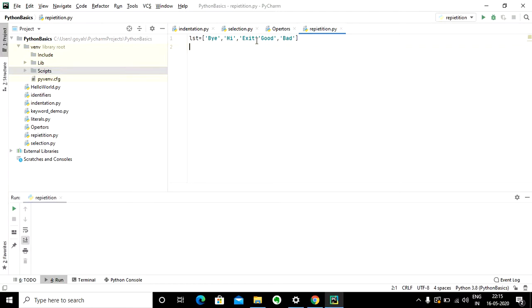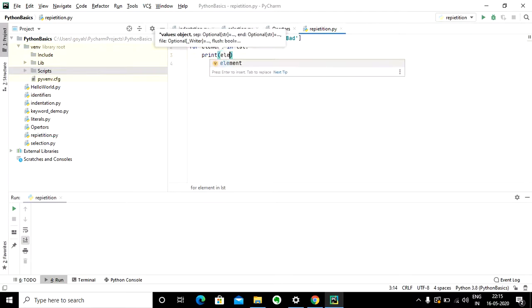So first I'm going to print each and every element of the collection. How am I going to do this? for element in LST: print element.